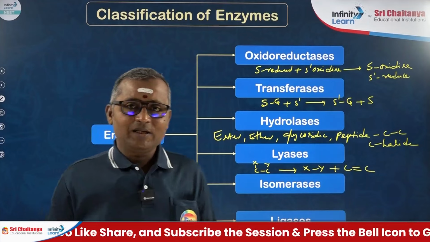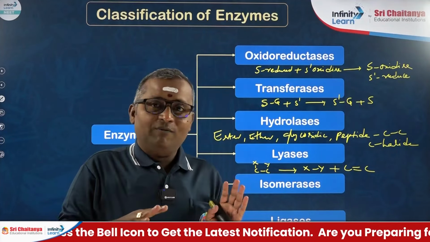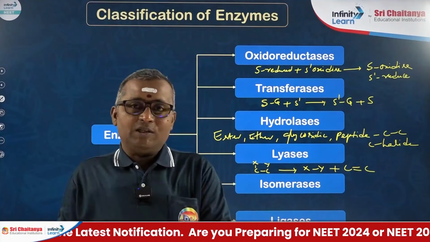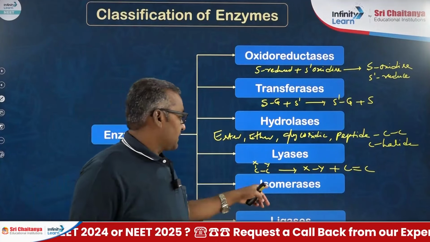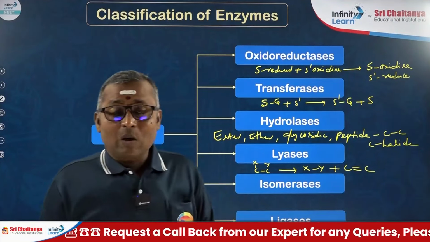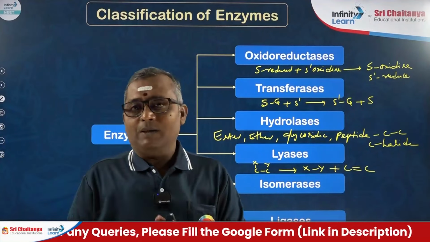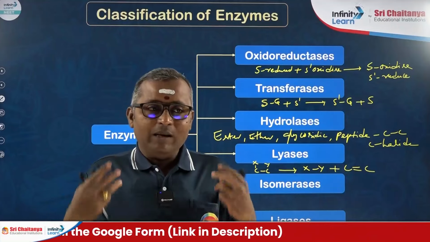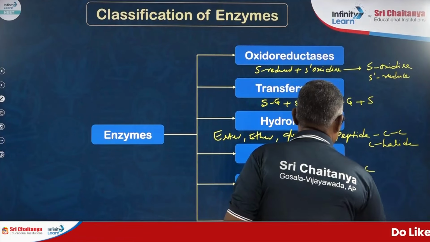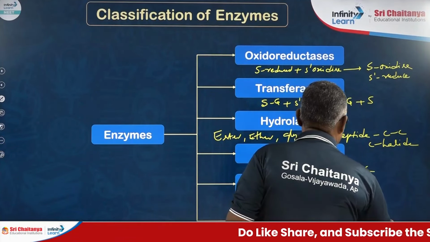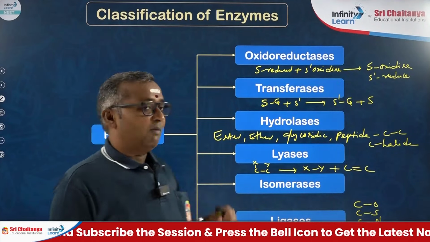Isomerases. Isomerization is nothing but an intramolecular shift, or interconversion of an optical isomer into a positional isomer or vice versa. So this kind of change takes place in isomerases. Ligases cause linking together of 2 different compounds, using ATP. Say, for example, they form a new bond between C-O, C-S, C-N, P-O. Such new bonds are produced with the help of ligases.